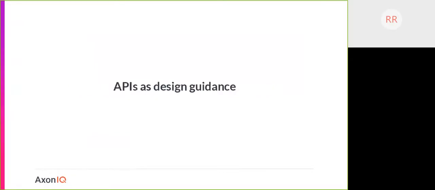Axon also provides APIs as guidance, so you don't have to reinvent the wheel in how these design patterns actually look in Java code. If you just use Axon, you more or less will be constrained to a certain design paradigm which fits CQRS and event sourcing. And also, one of the nice things about using Axon is it separates